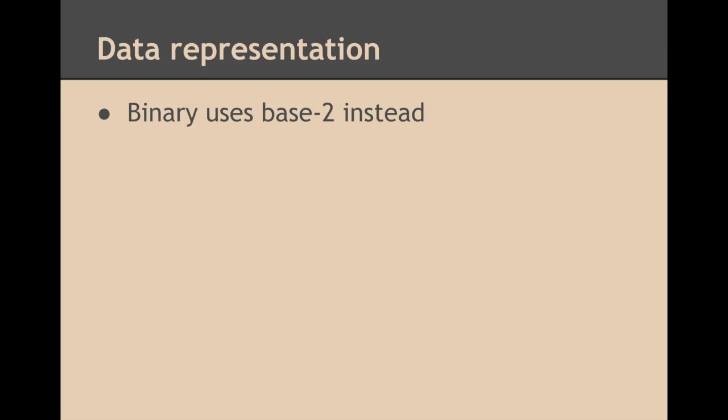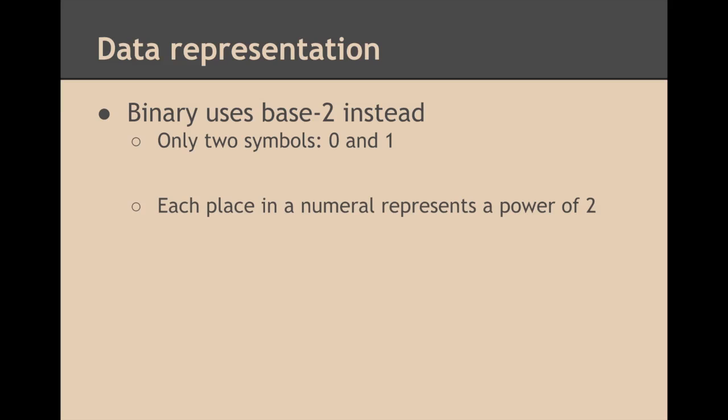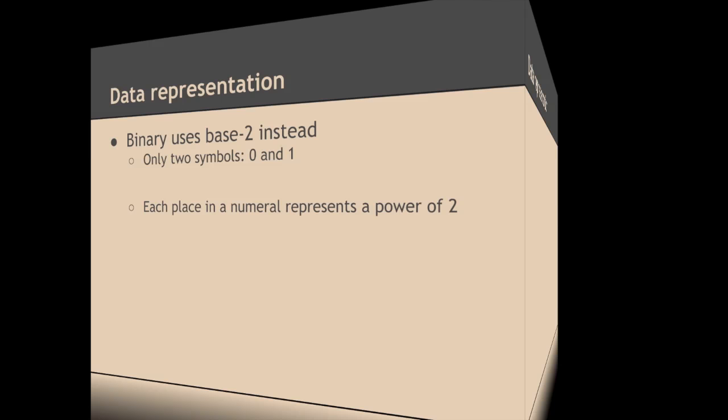Well, it works just the same in binary for numbers, except we're using base 2. So we only have our two symbols, again, 0 and 1, and now every place in the numeral represents some power of 2 instead of a power of 10. So for example,